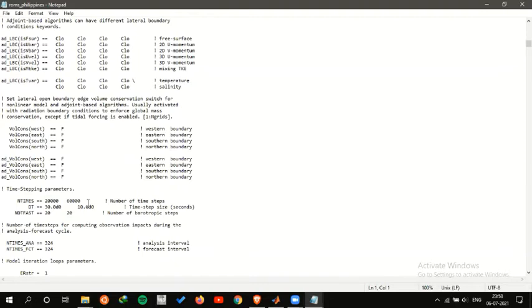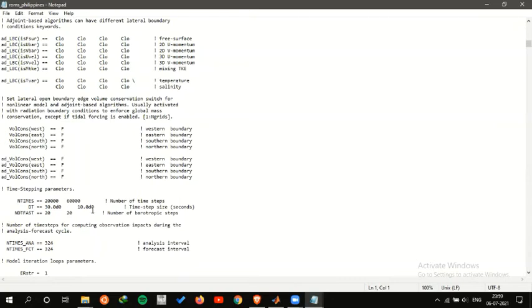Now what you need to do is, since the refined grid is almost three times refined, in the parent grid you have to increase the time stepping to three times from the child grid and reduce the total duration by three times from the child grid. So for the child grid, if I want to run 60,000 iterations at a time step of 10 seconds, then for the parent grid I have to substitute a time step of 30 seconds and total number of iterations to be 20,000. That is exactly one third of the child grid, and the time step of the parent grid is exactly three times that of the child grid.